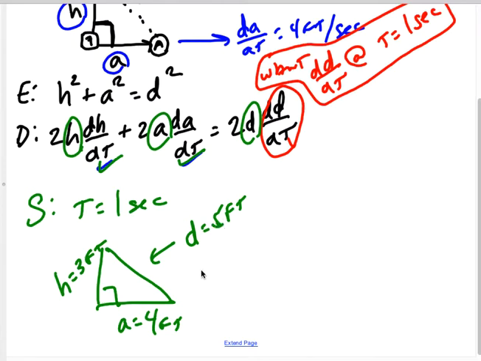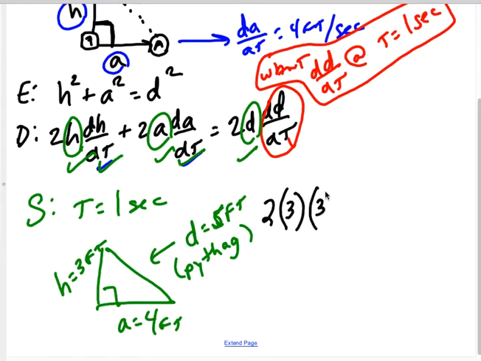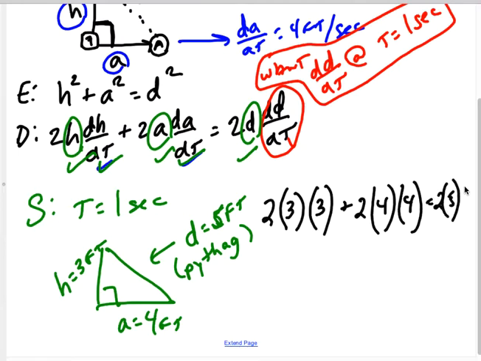Now, they're not always going to be Pythagorean triples, right? But I could have used the Pythagorean theorem to find that this is a 5 if it wasn't a triple. It did happen to be a triple. So it seems to me that I know H and A and D, and my entire job is to plug in those values and solve. When I plug in these values, if you want, you could divide the entire equation by 2. If you see that, that's great. So 2 times H times the rate at which she's walking, which is 3, plus 2 times Abdu's position, which is 4, times the rate at which he's walking, equals 2 times 5 times the thing I want,